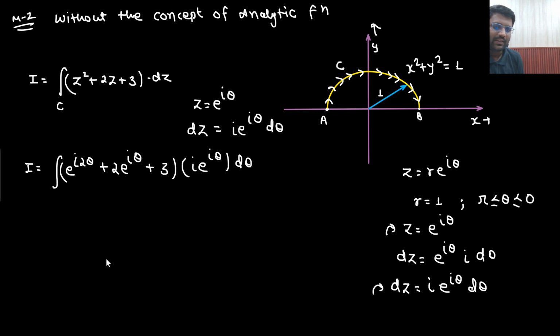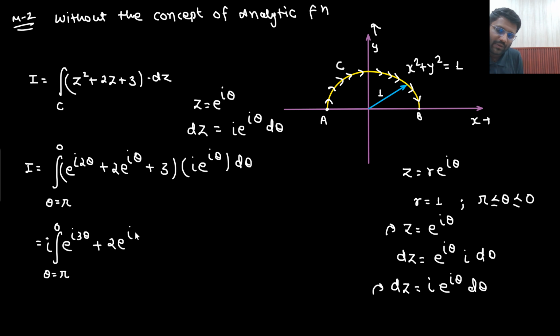So what is the limit of theta? Theta is going from pi to 0. Iota you can take outside, iota is a constant number. So e to the power iota 2 theta multiplied by e to the power iota theta will become e to the power iota 3 theta, plus 2 e to the power iota theta multiplied by e to the power iota theta will become 2 e to the power iota 2 theta, and